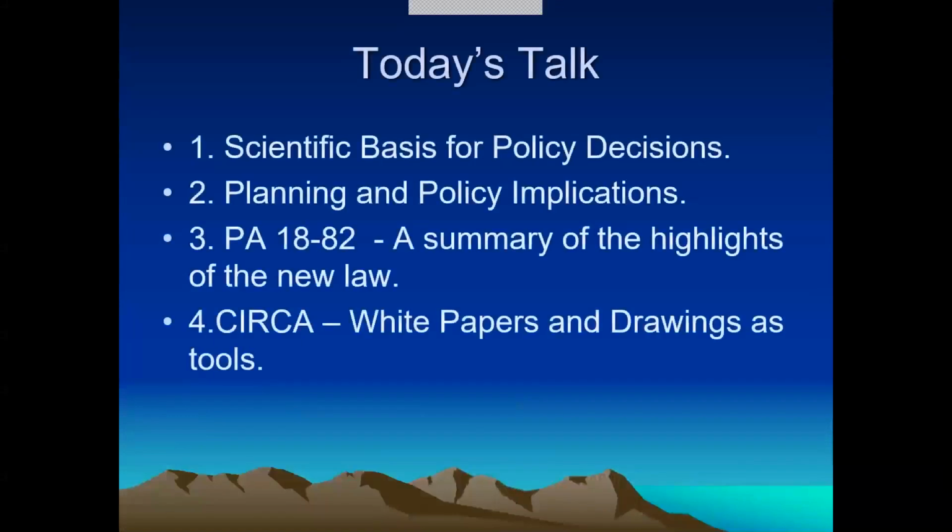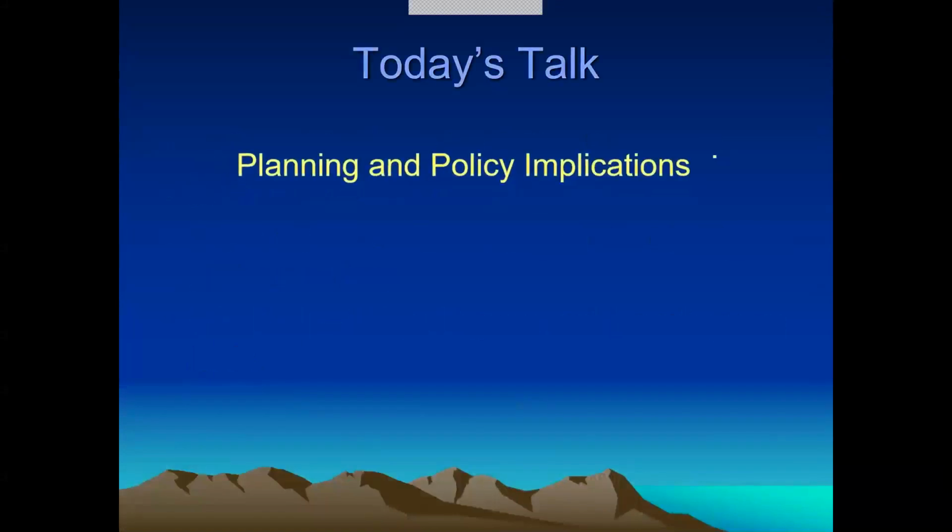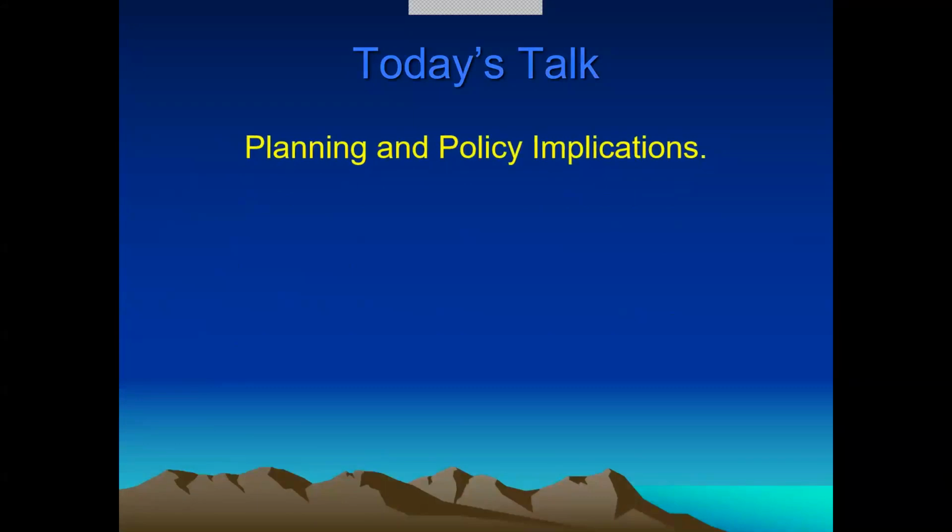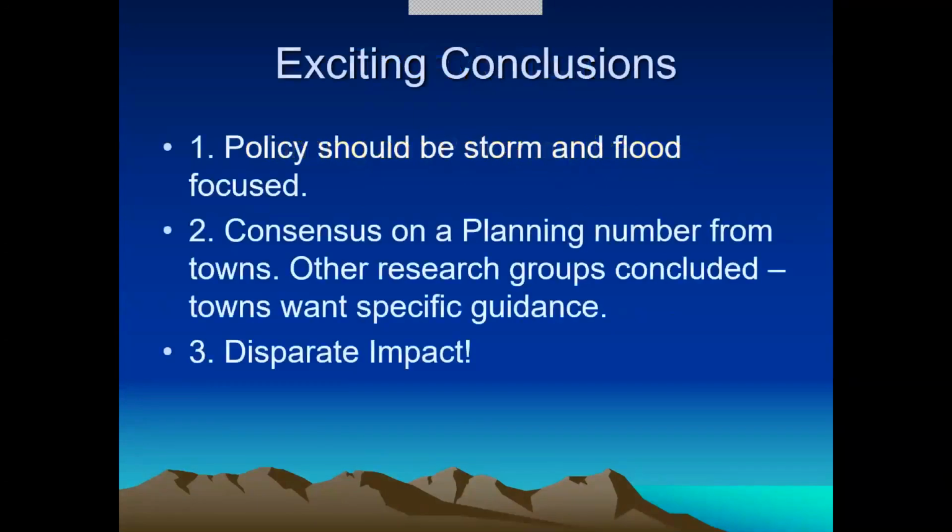This brings us then to some of the planning and policy implications of this information. One is that the policy should be storm and flood focused. There's a very reasonable debate that I think went on earlier. We talked about inundation focus, but I think what this work tells us is that we need to worry about storms and floods. Two, some of the work done as part of this grant from UConn Clear that surveyed groups,